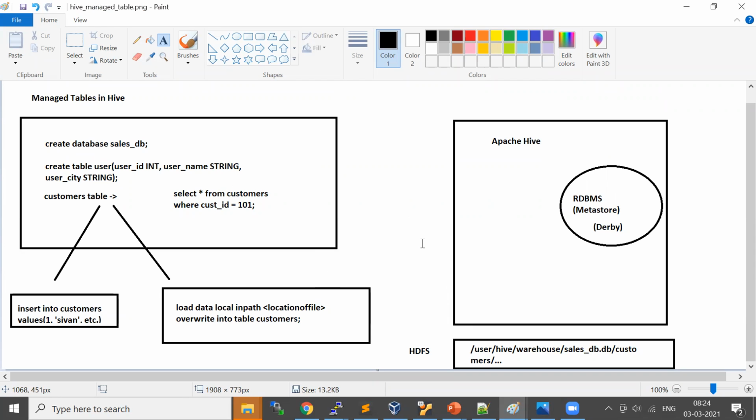Please just go and read about Hive. What is Hive? How does the Hive architecture work? Whatever I told you, same thing. Only inside the Hive driver, you have a few more components. I will tell you tomorrow. So when you get time, just explore it. Do you have any question? Remaining things we'll discuss tomorrow.